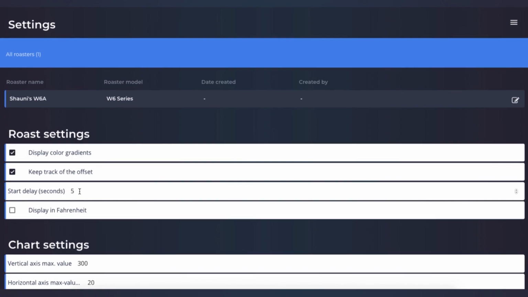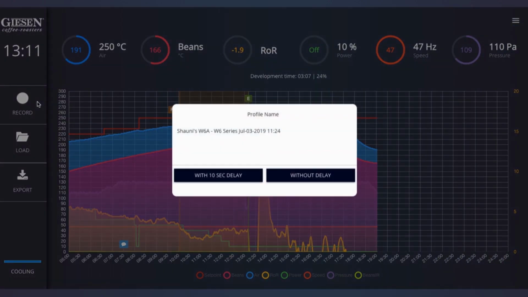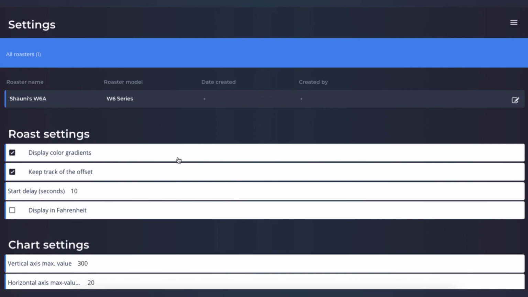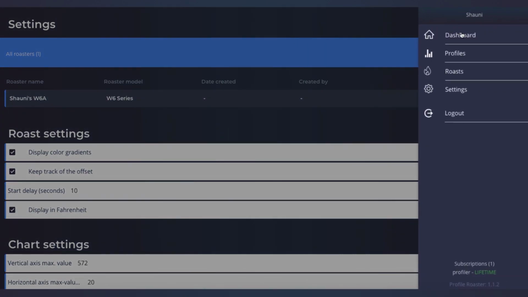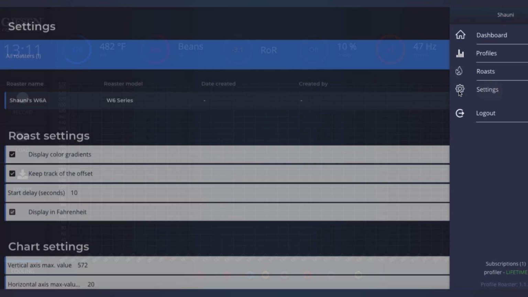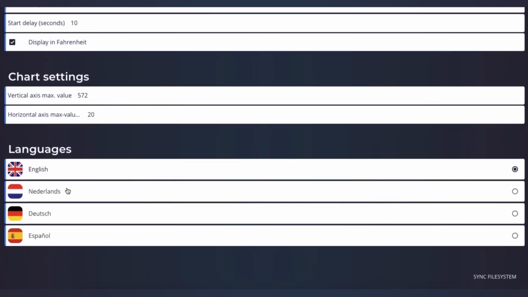Change the delay before actually recording a profile after you've pressed record. Choose if you want to display the temperature in Fahrenheit or Celsius. At the chart settings, you can choose the values of the vertical and horizontal axis. Also, change your